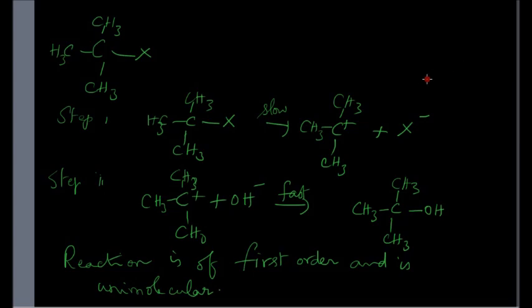One more thing I would like to mention is, since the carbocation is flat, it has a flat configuration, the OH minus can attack from bottom or from top. When the carbon to which the halogen is attached is an asymmetric or chiral one, OH attacking from below or above will lead to two different isomers. There is equal chance of each isomer being formed, so the product will be racemic. So this we have to keep in mind only in such specific cases.